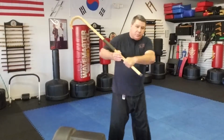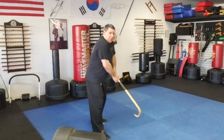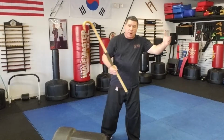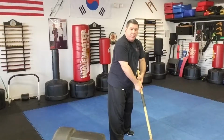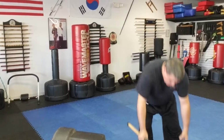Now, I can also take them to the floor, and once they're on the floor, I'll kind of show you what I mean, then I want to be able to unhook. But if they're starting to go faster, or their weight or momentum's going, and they're a pretty big individual, you risk A, losing your cane, B, them falling on it and rolling more on it to where you might not be able to unhook them, or get caught up in clothing. And then you've got a problem, especially if they're not totally injured that bad or you got other people coming on you, you need to be able to unhook your cane and do more stuff. So with that said,